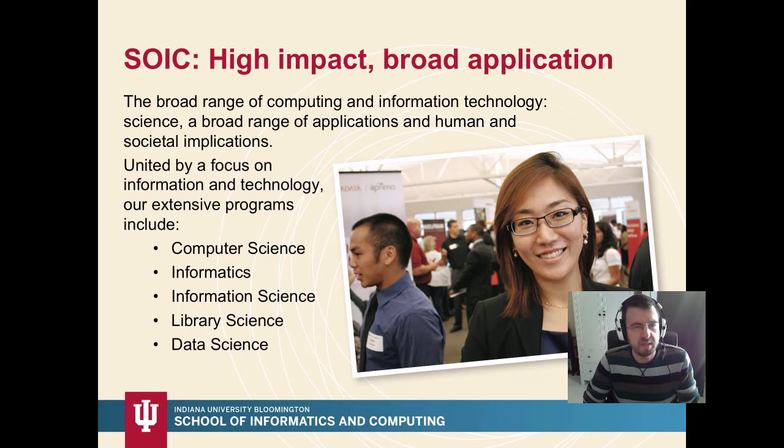We've grown rapidly since then. We're now one of the biggest iSchools, as they're called, in the country, and we encompass everything from theoretical computer science through to very domain-oriented applications. We're formed into 3 units: computer science, informatics, and information and library science. Data science is a program that crosses all of these units and all of these domains. So we draw from specializations in computer science, in informatics, and in information and library science.